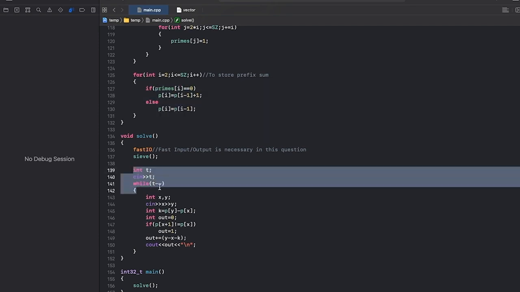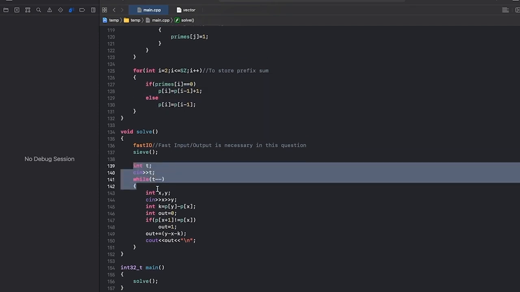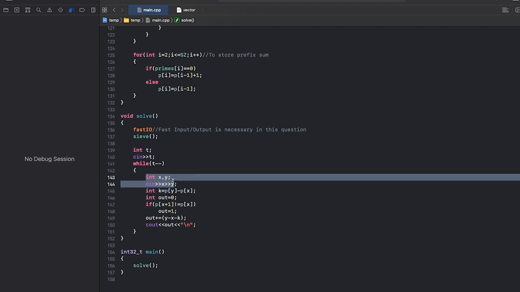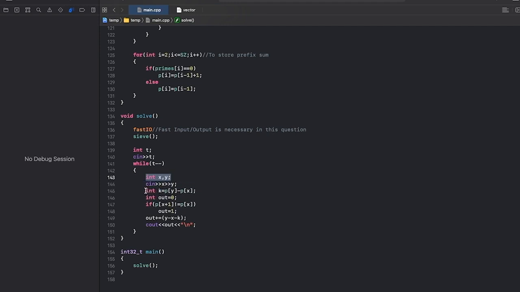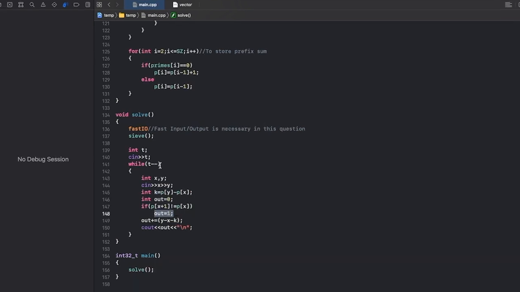We are given t test cases, and then we'll loop through the test cases and take the input of x and y. We'll calculate the total number of steps in the given range as told before, and in the out variable we'll store our answer. Now, if p of x plus 1 is not equal to p of x, this is the case when x plus 1 is a prime number.